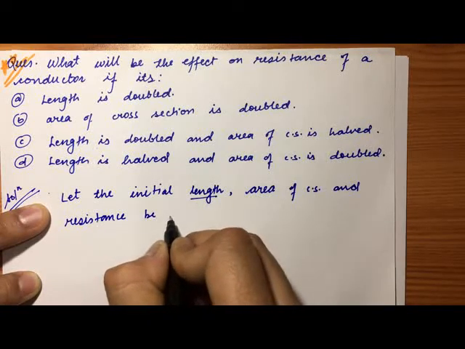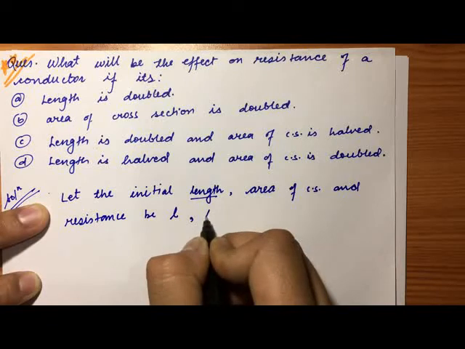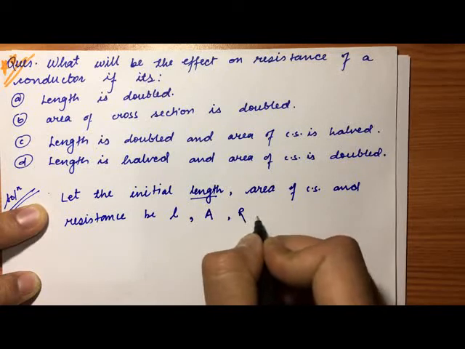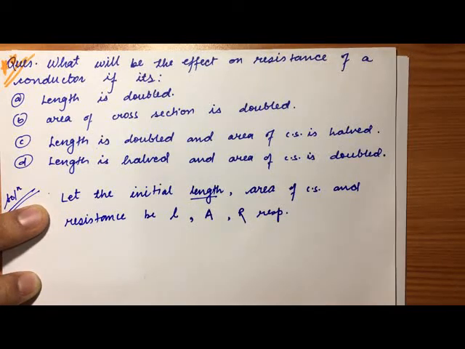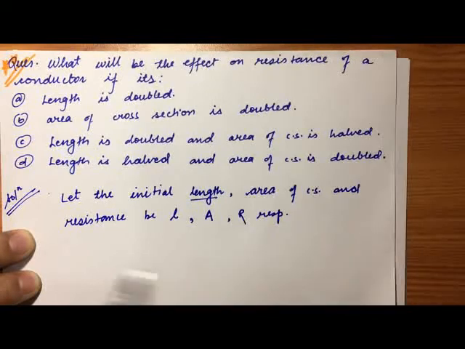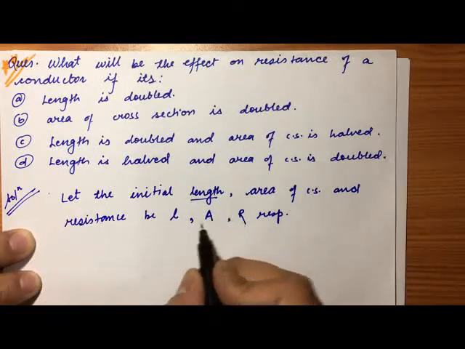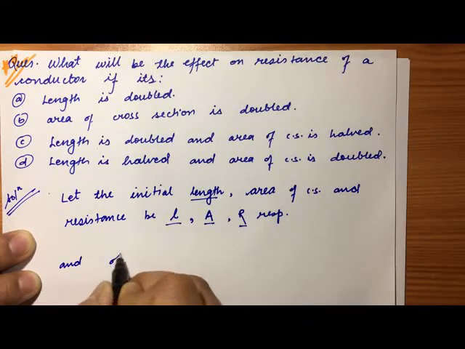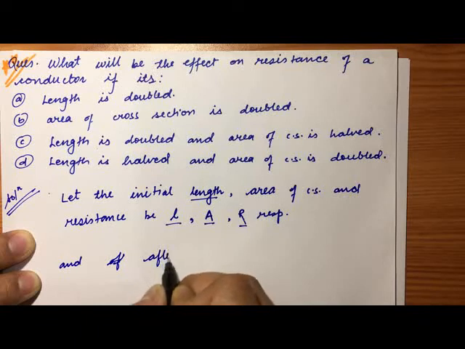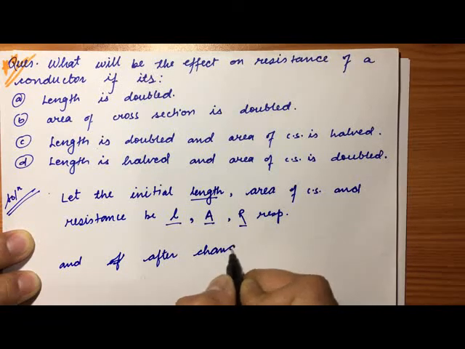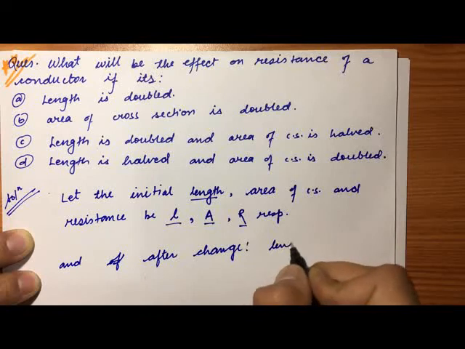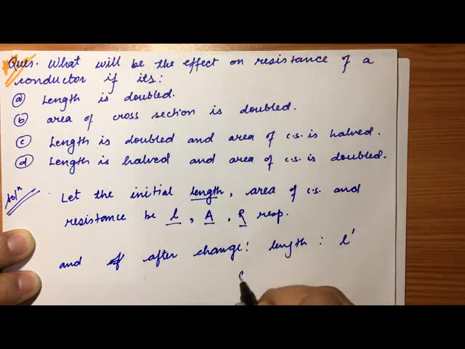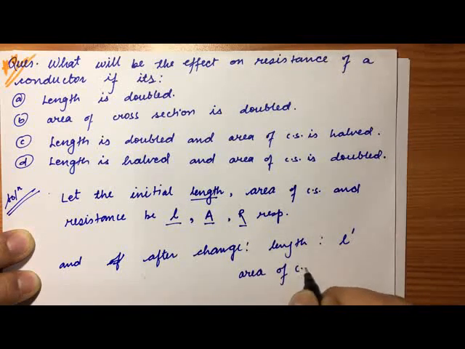For length I am writing L, area of cross section capital A, and for resistance let it be capital R respectively. Okay, and now after change, this case is before change, L, capital A and R, and after change its length is L prime, its area of cross section